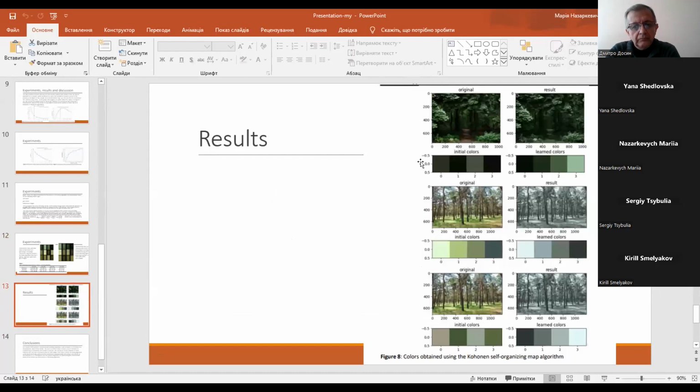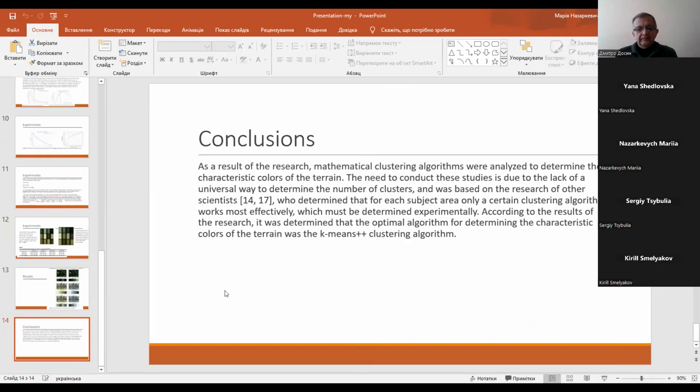And results: original image, forest, steppes, grass, initial colors, and results for applied clusters. And the conclusion is the results of the research of mathematical clustering algorithms used to determine the characteristic colors